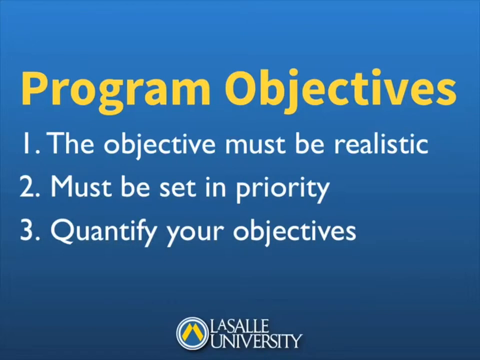Then we need to say, what does this look like? We need to quantify our objectives. Are we looking for improvement in general, or are we looking to improve ourselves by a certain percent? If we don't quantify these and really name those out, it really becomes difficult to evaluate our effort. In that case, if you just say we need to improve our sales, does improving our sales by 1% mean that this was worth it? Or does improving our sales by 30% mean that it was worth it? And that allows us to evaluate our efforts in a specific way.